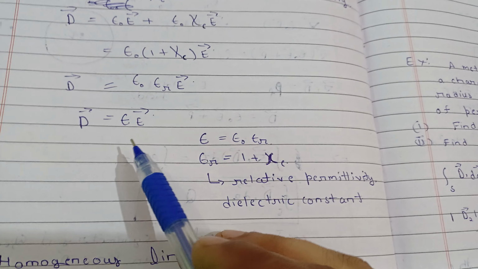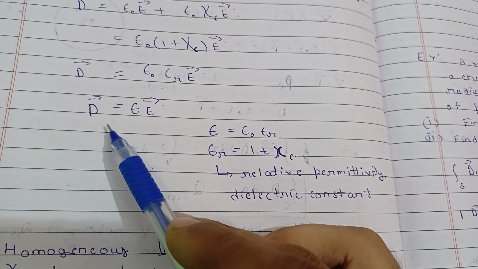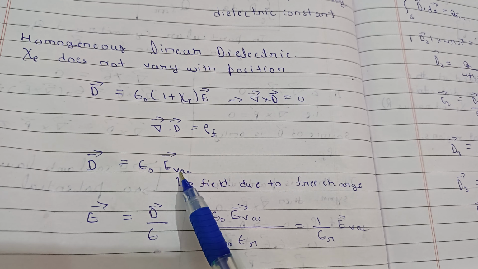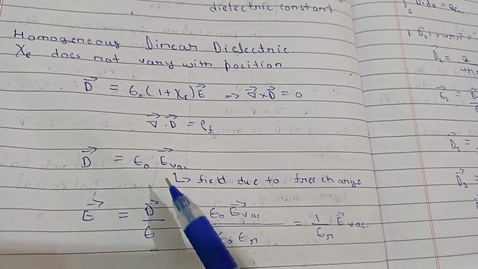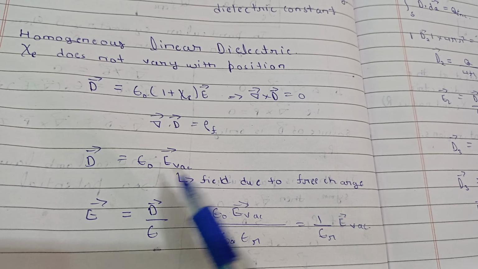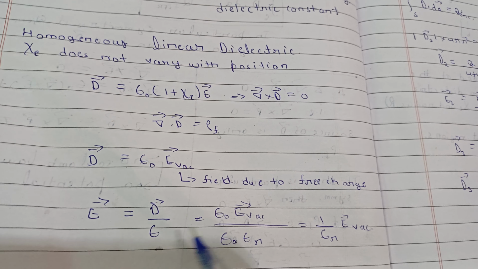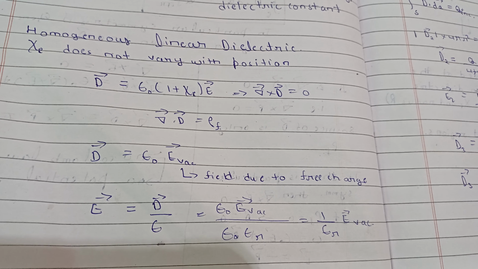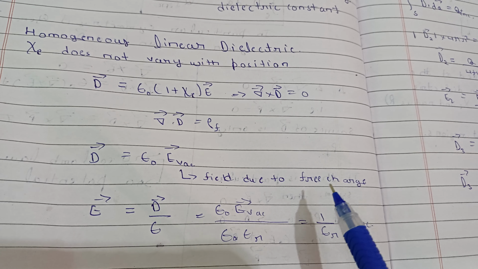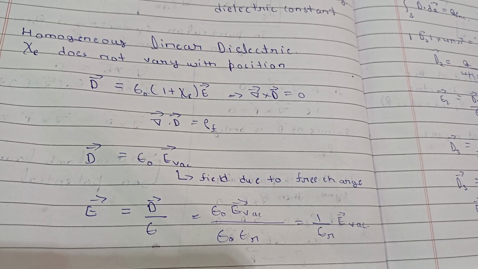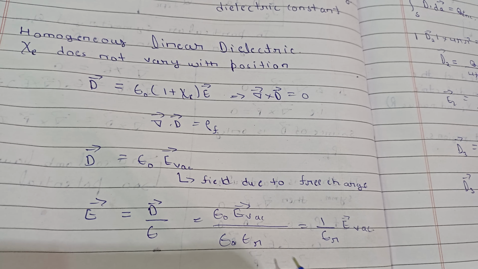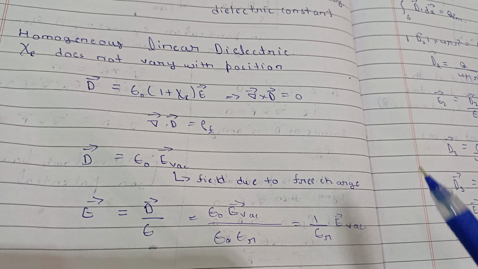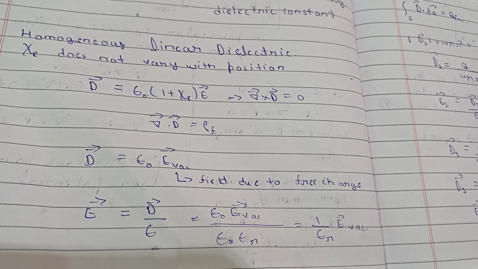Now we have the D vector, we can find the total electric field inside the dielectric medium using this relation again. E will be D by epsilon. In place of D we can write this formula, because we already calculated the D vector. This will remain the same, as it depends on the free charge only, so always remember. So now this is epsilon naught E vacuum divided by epsilon, which is epsilon naught epsilon R. This epsilon R is for a particular dielectric medium. This will cancel out and give you E vacuum divided by epsilon R. So the electric field inside the dielectric medium is given by E vacuum, the electric field due to the free charges assuming there is no dielectric, divided by the dielectric constant of that material.